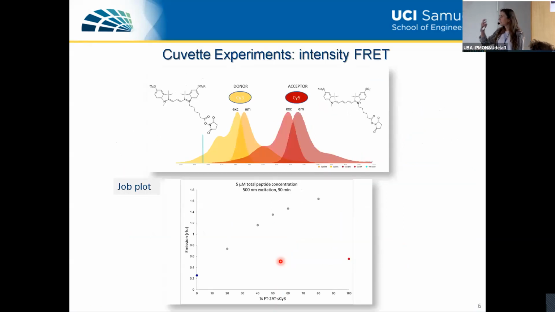So the first experiment that these collaborators did was FRET in a cuvette, and they just measured intensity. They excited the donor and collected the emission of the acceptor. So in this case,